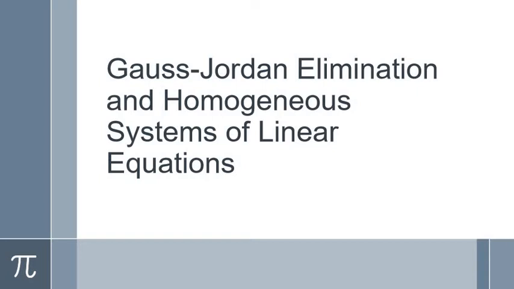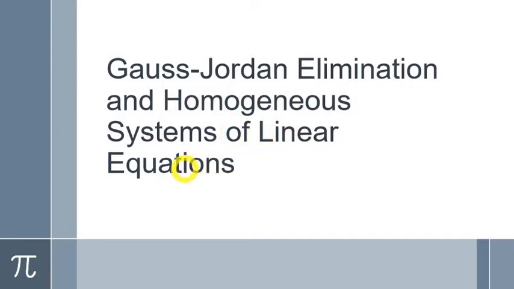Previously, we have talked about Gaussian elimination, a way of solving systems of linear equations using equations and also matrices. This time, we're going to use another way of solving systems of linear equations using matrices, and we're going to call it Gauss-Jordan elimination. Later on, we're going to talk about a special system of linear equations called the homogeneous systems of